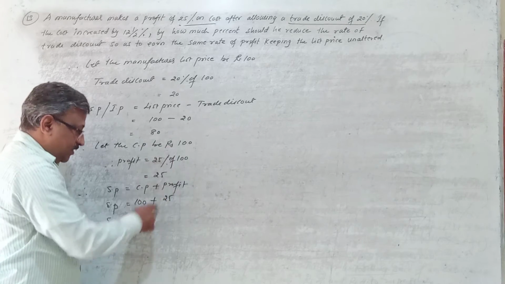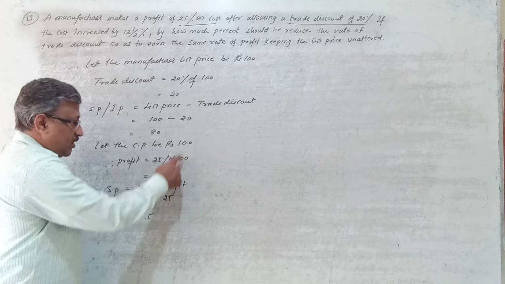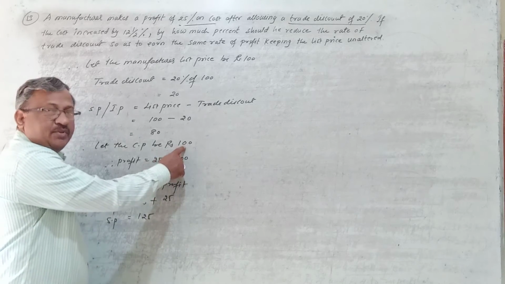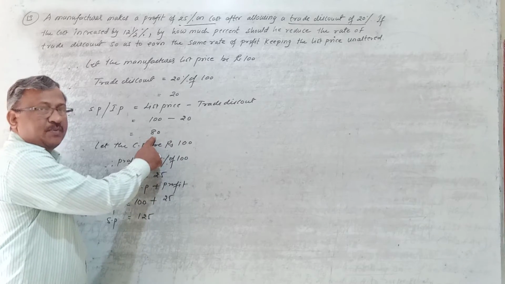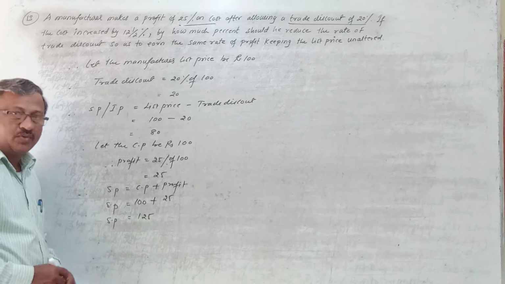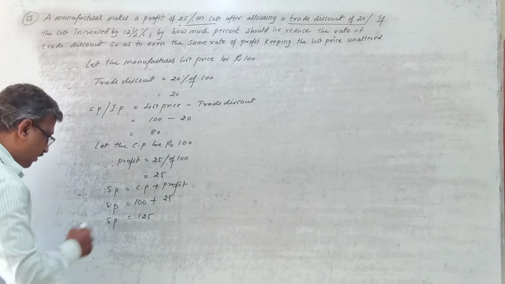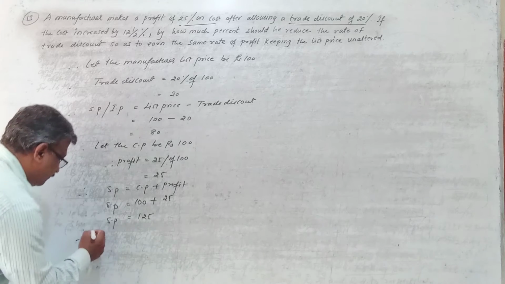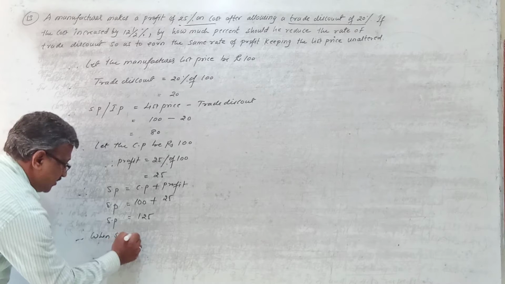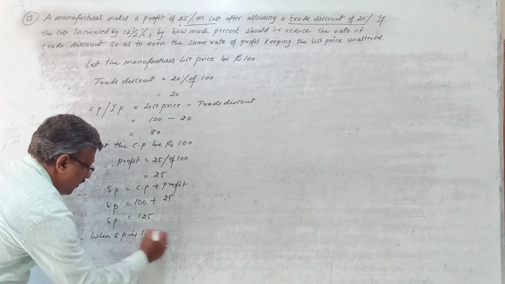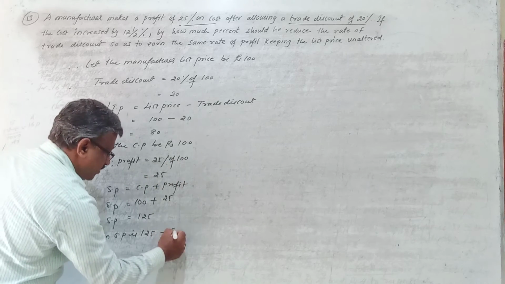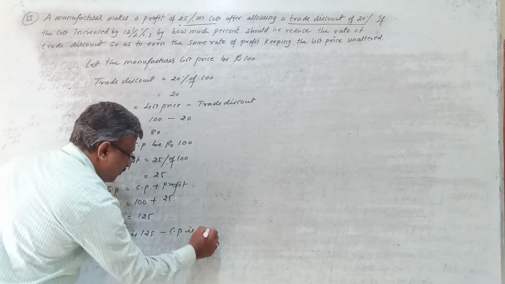So as per this assumption, we are getting both our cost price as well as selling price. If this is the selling price, 100 should be the cost price. So I want to know what the cost price should be if my selling price is 80 rupees. For that, we have to put the equation. How do you put the equation here? When the selling price is 125 rupees, at that time what should be my cost price? So my cost price must be rupees how much here?